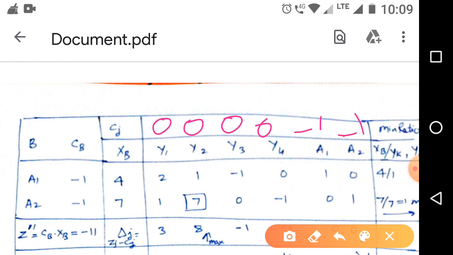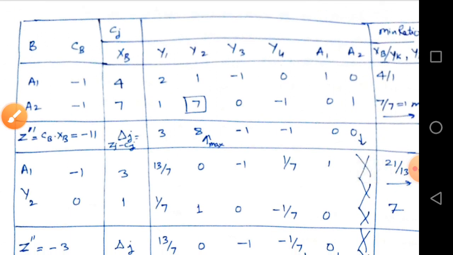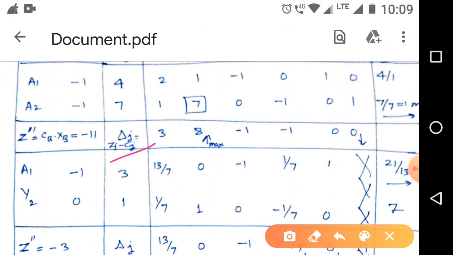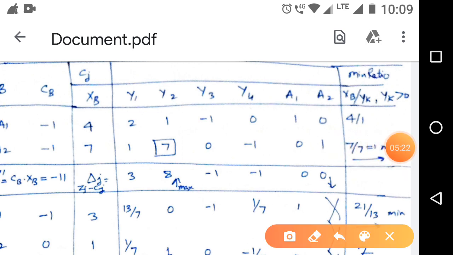Now apply the usual simplex method. Calculate delta j and choose the maximum delta j, which is 8, and the minimum ratio is 7, and at the intersection of this column and row we get the pivotal element, the key element, 7.